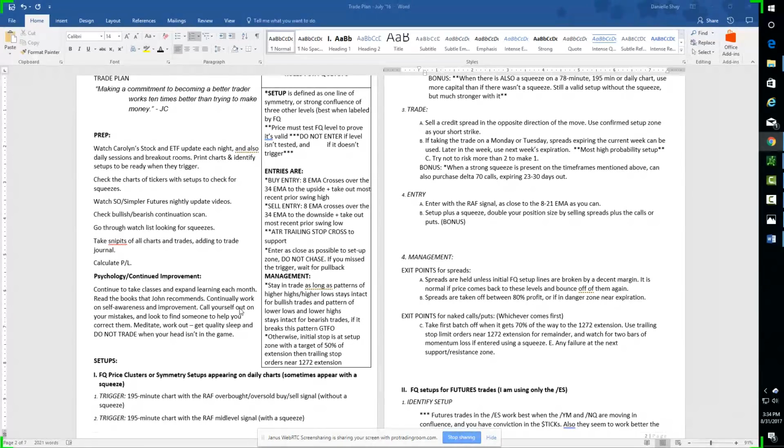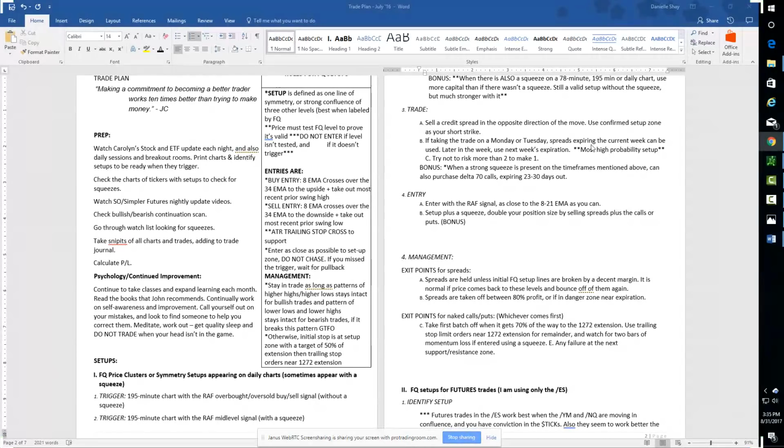So I thought that I would take this time to go over my own trading plan, which has not been updated in about a year. So you guys are going to watch me update my trading plan, and I'm going to go through some of the finer points, and then I will share it at the end. So that's kind of the plan for this.